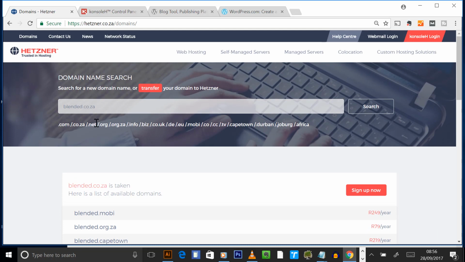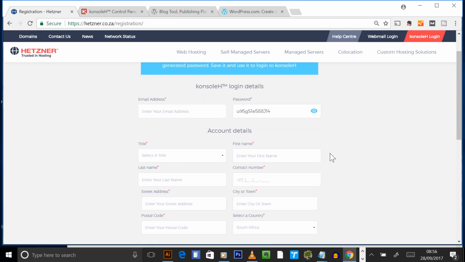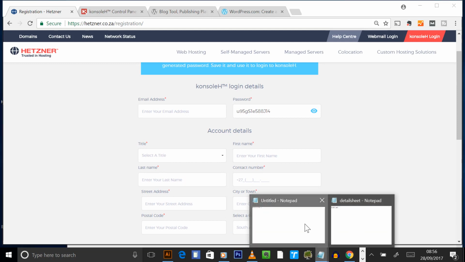So you firstly find your domain. Now, if it was durafit or whatever, we would then say sign up now. And they take you through this process. You just sign up, you put your email address, you put everything in. And what do they send you? They send you this little